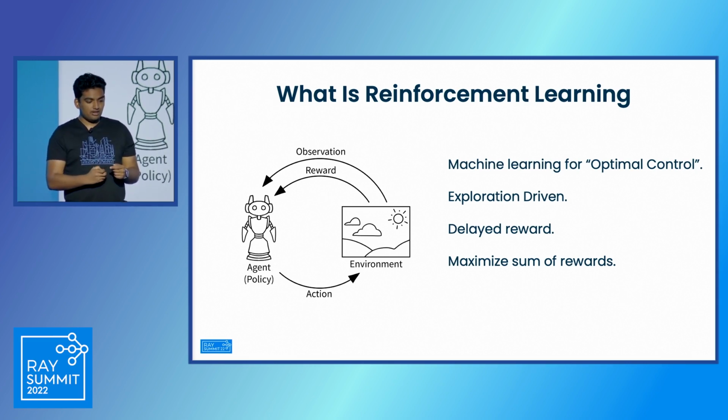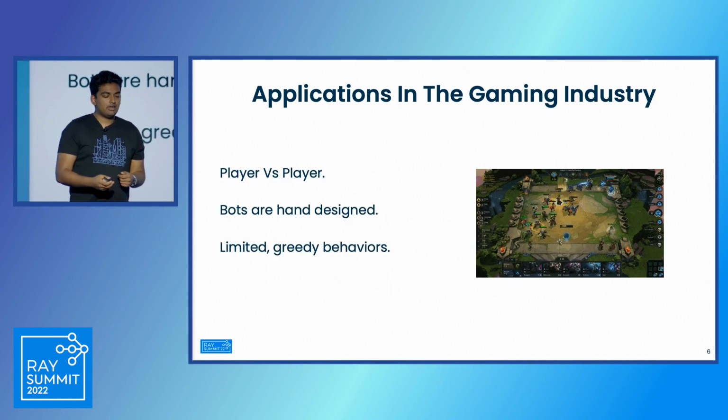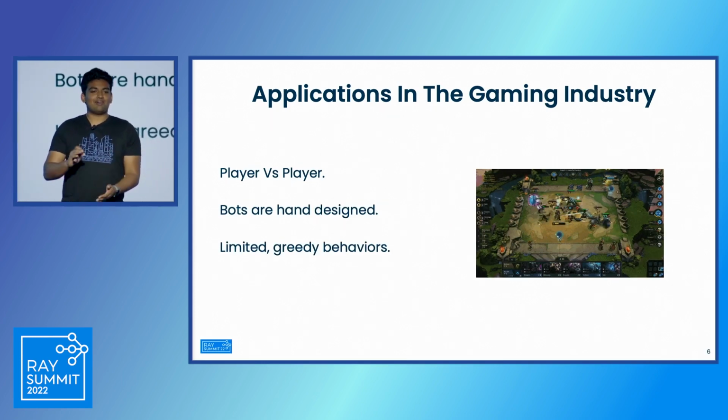And I won't be able to get the max cheese if I were to avoid the cat. I need to explore. And so now, taking this mouse and house analogy and moving over to applications in the